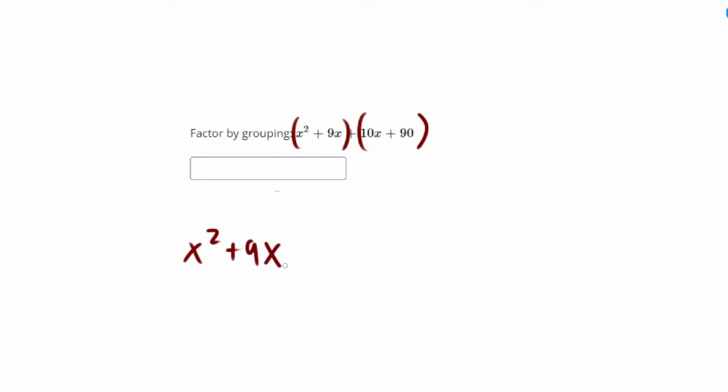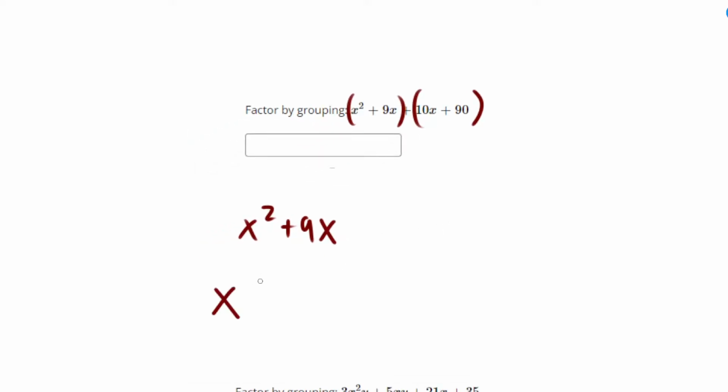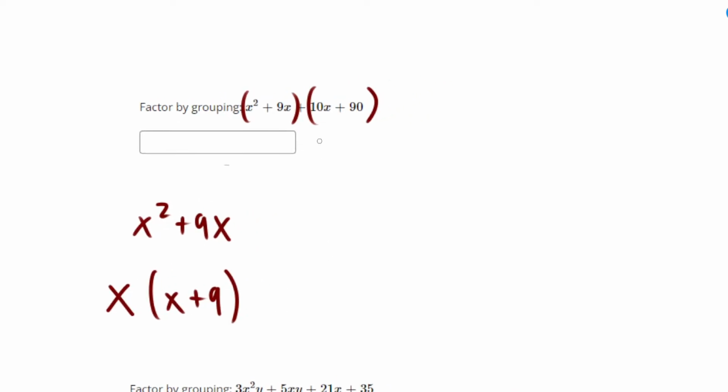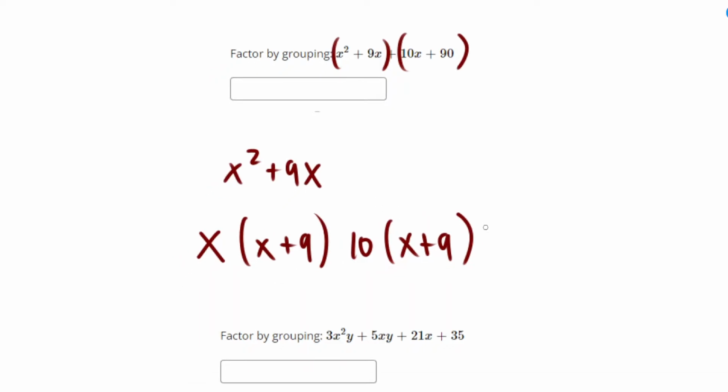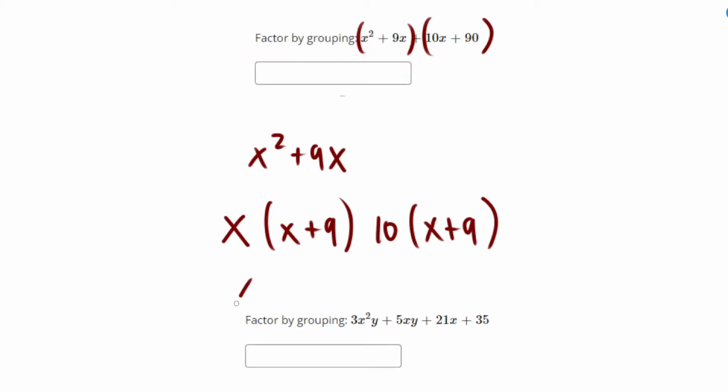Actually, sorry, it's 9x. It looks like we can take an x out. So we have x plus 9 now. And this one, we can take out a 10. So we have a 10, and we have an x plus 9. Now the crucial part when you're doing factoring by grouping, using the AC method or trial and error, is that at a step like this, the insides of these 2 parentheses have to be the same. And so we have our x plus 9,